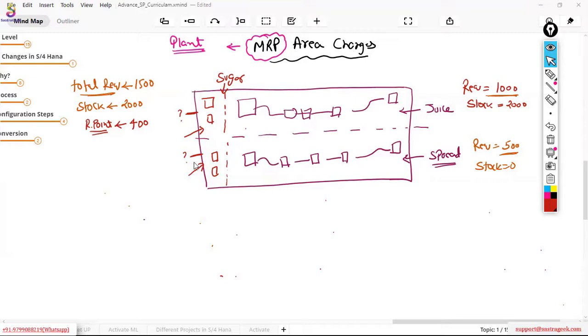So what I actually need is a separate reorder point here and a separate reorder point here, if I want to do reorder based planning. Or if I say I am not doing reorder based planning and I am doing normal planning, for normal planning also you need a separate one. If you don't have a separate one, the system assumes that you would be transferring. So here we have a shortfall. You would be transferring your stocks